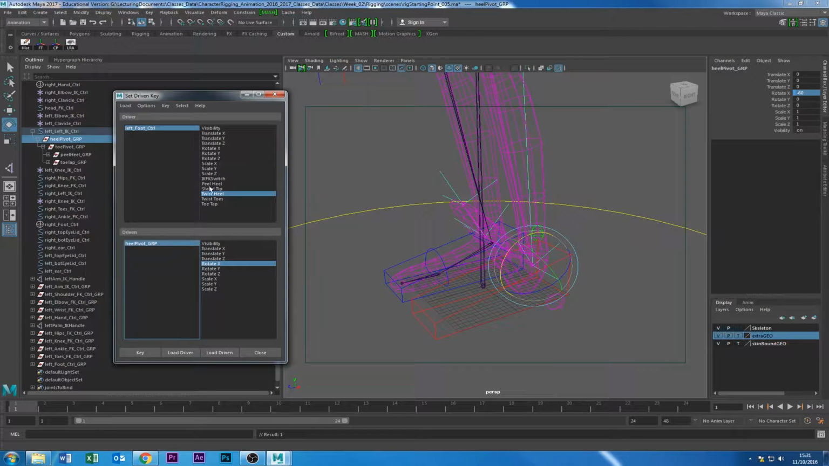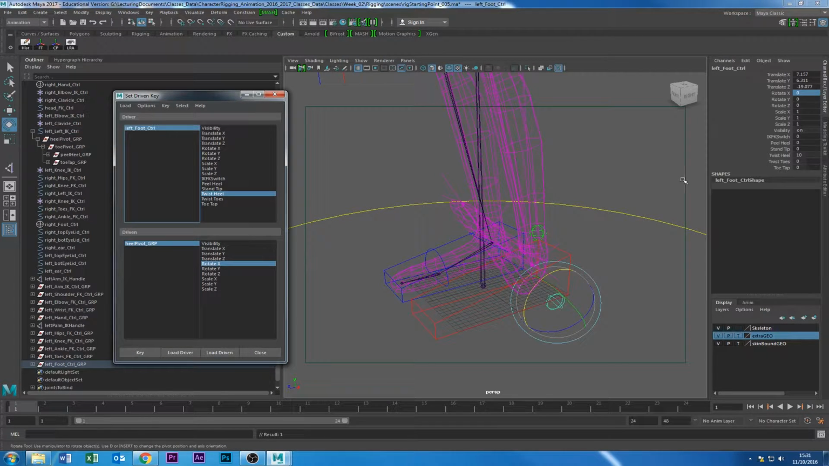And we keyframe that. So that's done. So now let's check them out. So I'm gonna go negative, negative, 0, and this still works, and this still works. That's fine. So now we're gonna go with twist